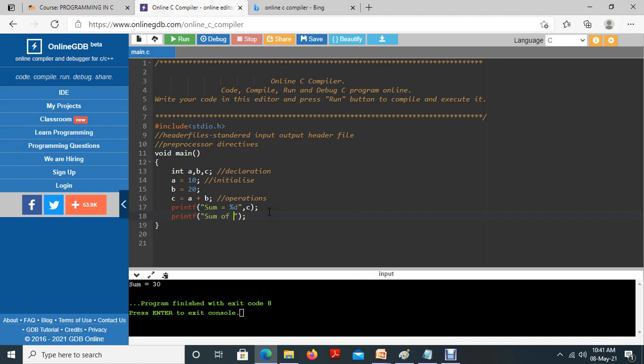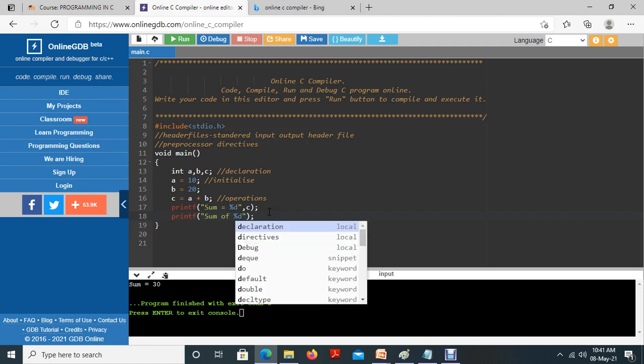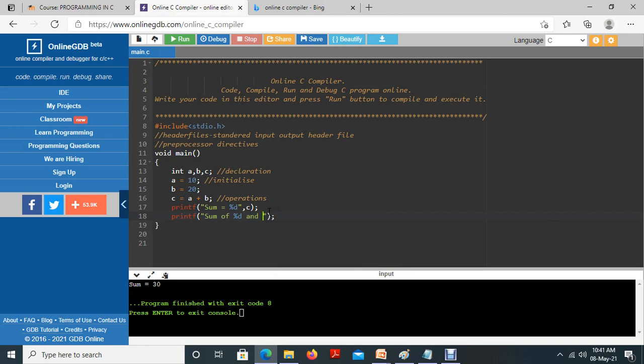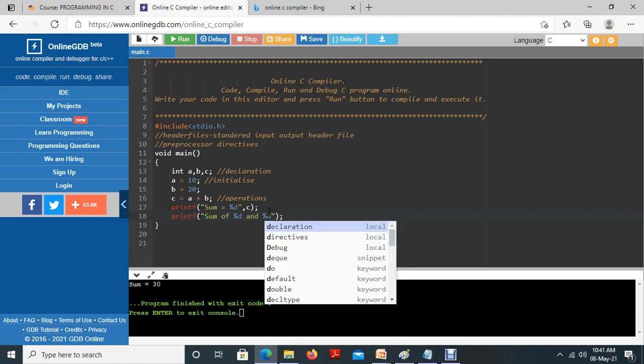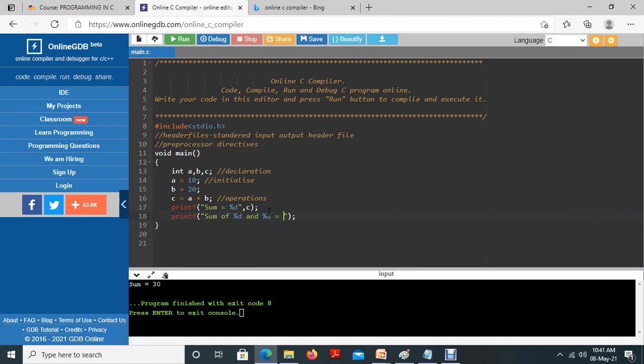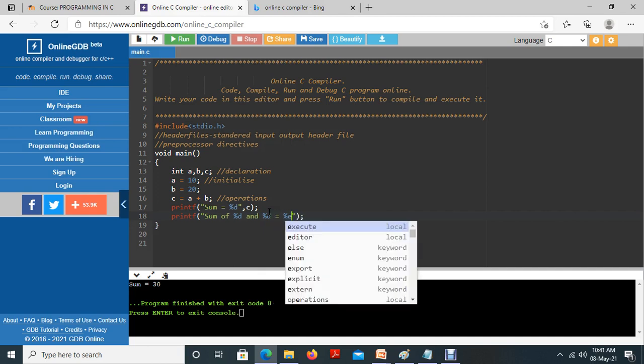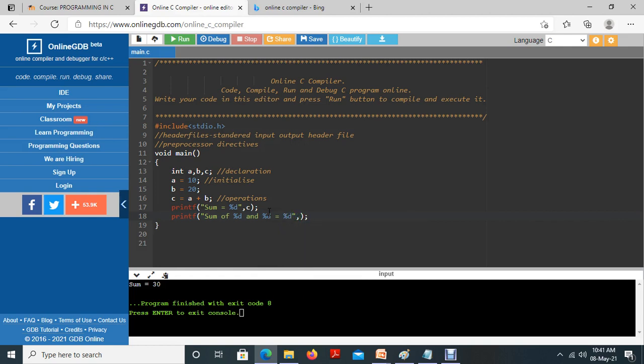To print this, what I am going to do is write sum of, then a space, where we have to print the value 10. So %d, the sum of a and b, %d. Okay, sum of a and b, the values available in a and b, is equal to, again, %d, the value available in c, comma.